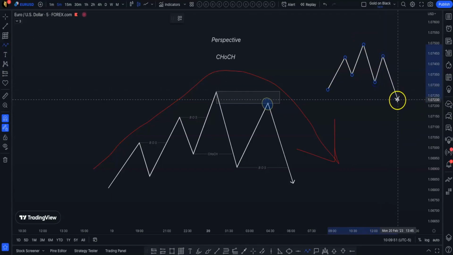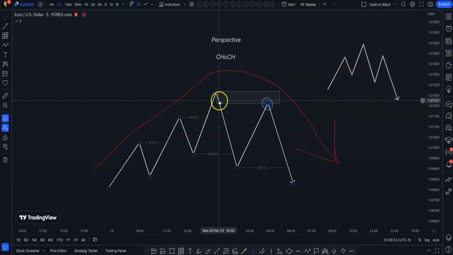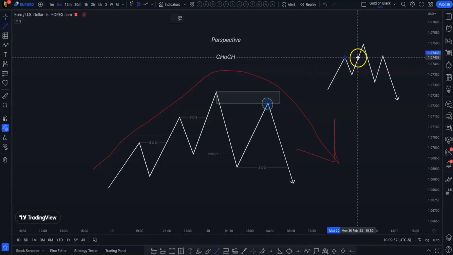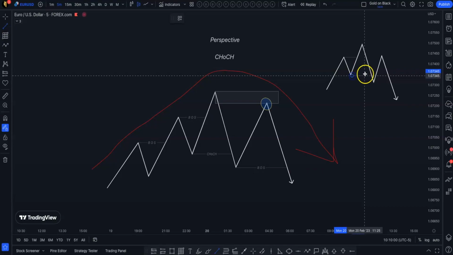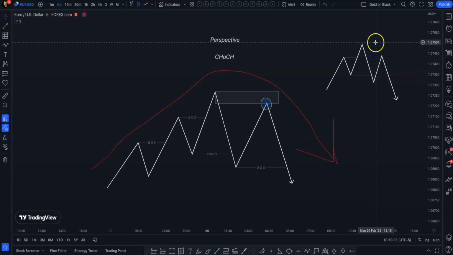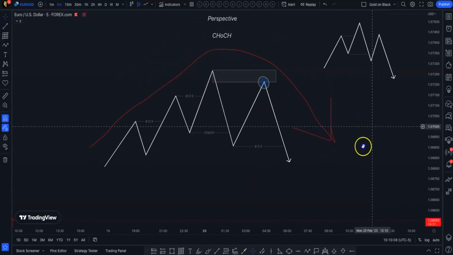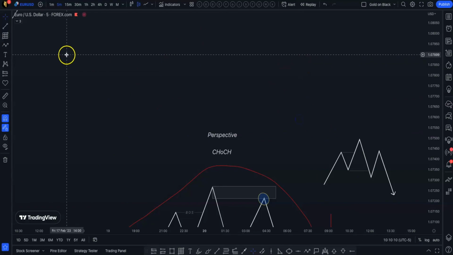Because without a boss, a change of character may not be valid, okay? You have to look for a boss and a change of character, okay? Because what's happening is that sometimes what this is causing is,